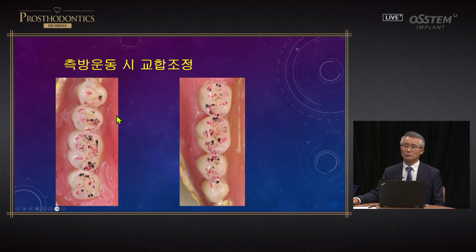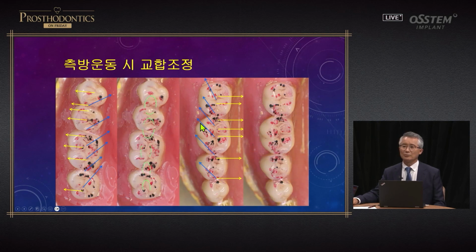If you look at the occlusal contact points, when we do movement, the pattern of the working side is shown like this. On this side, the pattern of the working side will be like this. And on balancing, it's going to be like this, like a rotation. We need to look at the direction and make occlusal adjustments. On this side, it shows this kind of direction. If you take a deeper look, the cusp and the ridge move together, and not just the cusp tip. The triangle moves. The functional cusp is here, and it moves like this, working, balancing.